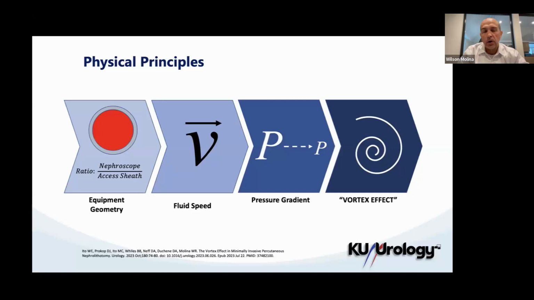It's about the nephroscope size or the sheath size, and also about the stagnation point inside the system and the pressure within the tip of the nephroscope that creates